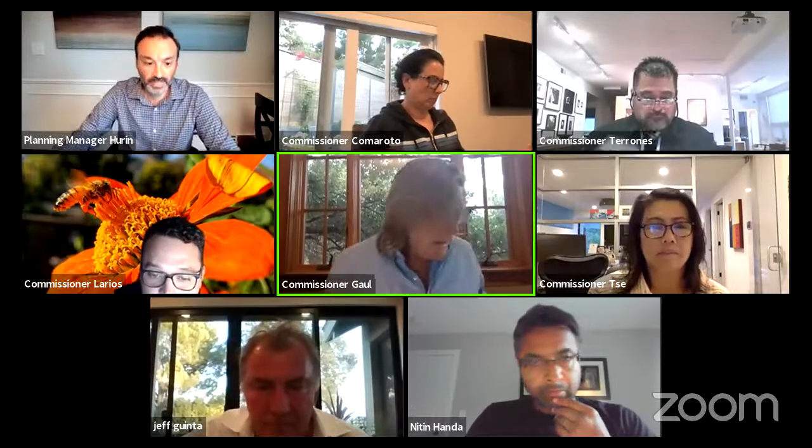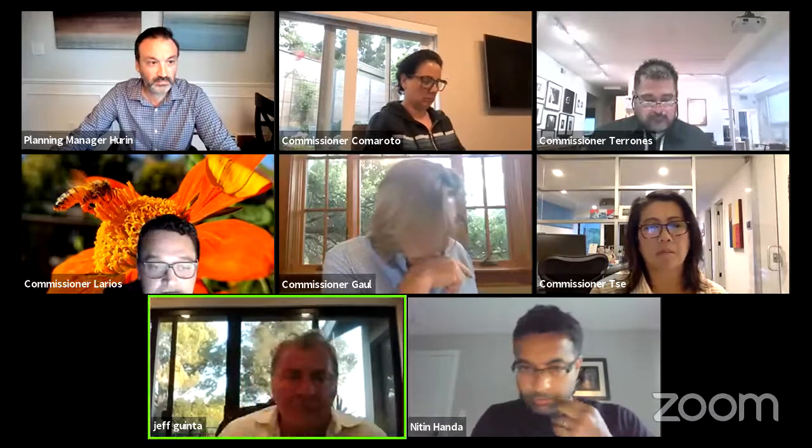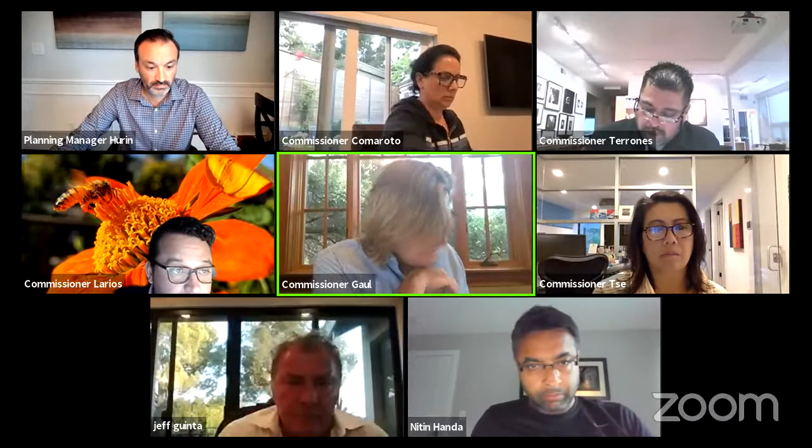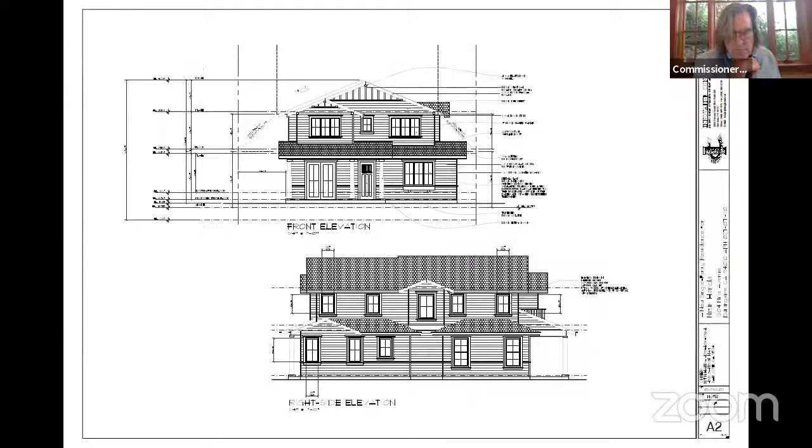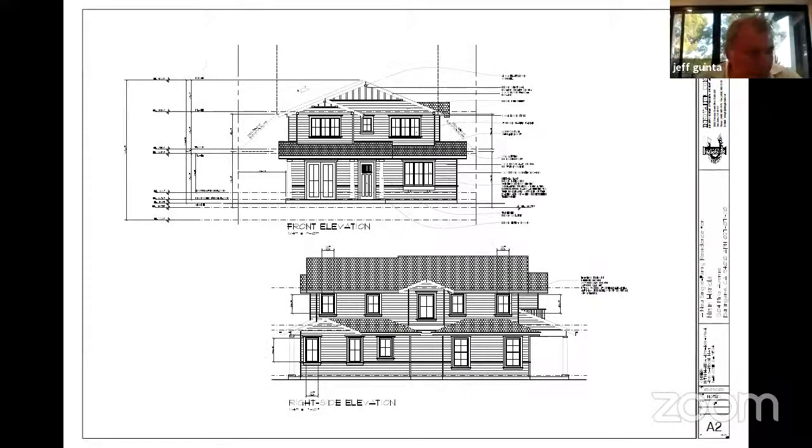Commissioner Gall. Yeah, hi. I have a couple of questions. So let's see where I start. Down the lower left, I'm looking at the front elevation on sheet A2. It appears that there's a water table about 3 feet up. Is that correct, going across the front of the building and actually down the side? Yes, that's right. Okay. Is the material above and below the same then, or is it a different material? Yes, it is. It's the same material.